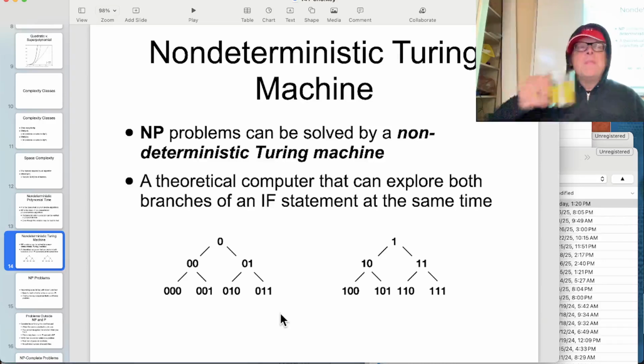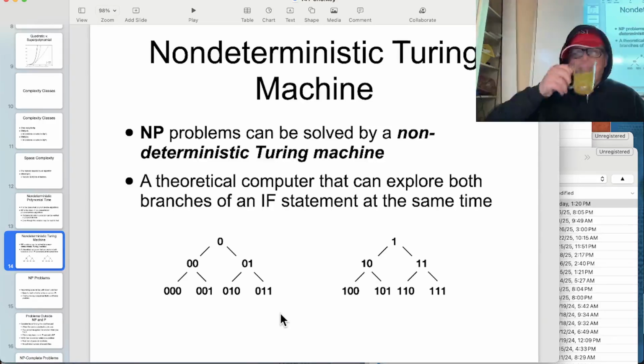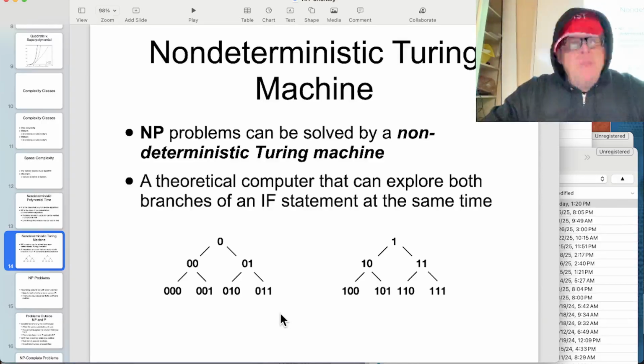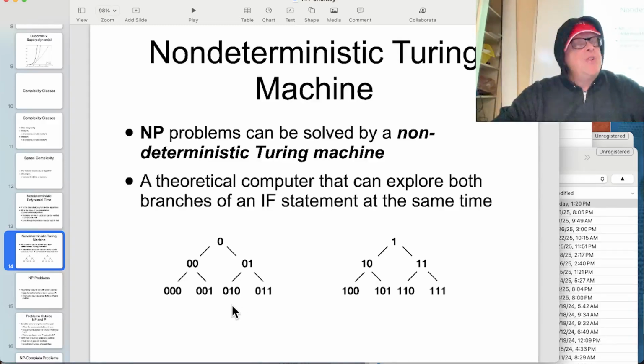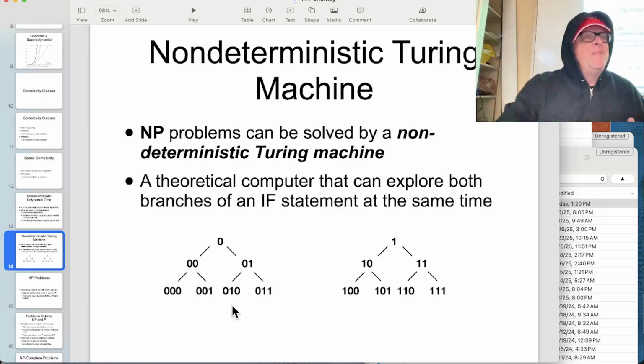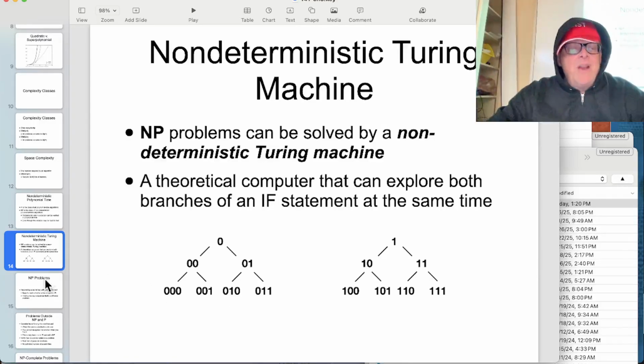I'm not sure if the author is using the appropriate language, because rather than verify, it's really testing. You are testing the potential solution you have attempted. That's right. You try, test, failed, okay. That's right. But the test only takes polynomial time. Right. So if you had the right key, you could prove it in polynomial time. Right. That's the idea. But which is the point, of course. If you have the key, you can read the stuff. If you don't have the key, you can't. So it achieves the goal of cryptography, right? Yeah. But all right, so anyway, that's NP.